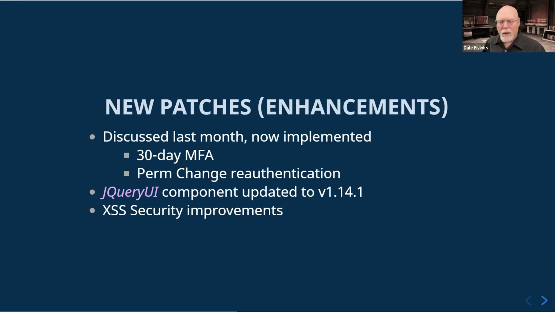Also, the other change that I talked about last month that is now part of .309 is that if you go in as an administrator and you change the permissions on, say, a folder, the way permissions work is when you log in, permissions get applied to you on that login. Now, in previous versions of Process Director, if you went in and made changes to permissions on the fly on, say, your production system, and a user was already logged in and you made a permissions change that would affect that user, those permission changes would not take effect until that user had logged out and then logged back in again.